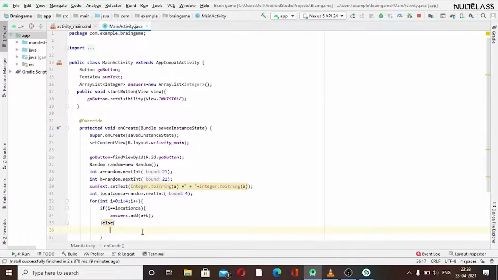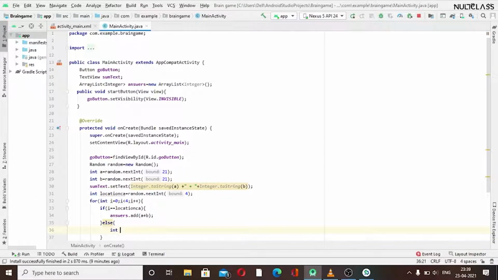Here we can get stuck in a scenario, like let's say I have entered wrong answers in the same position. Our random number can be between 0 and 20. Let's say this situation occurs where the number we have added becomes the same as the correct answer. I will show you with an example.